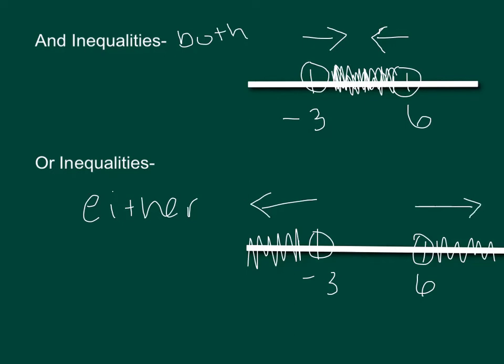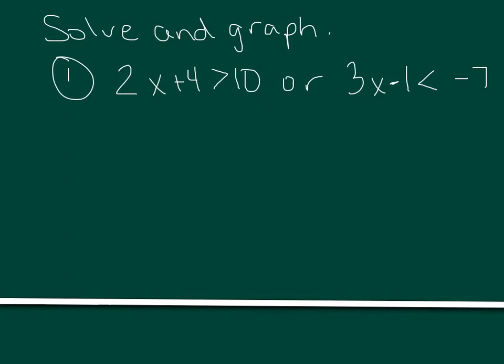Okay, so let's try solving some of these. We're going to start with the ors. So number 1 says solving graph. You have 2x plus 4 is greater than 10 or 3x minus 1 is less than -7. Now when you solve these, you solve them the exact same way you were solving. So we're just going to ignore the right side right now and we're going to focus just right here on